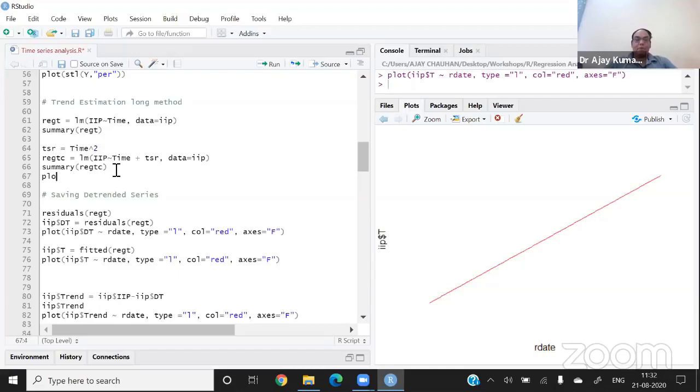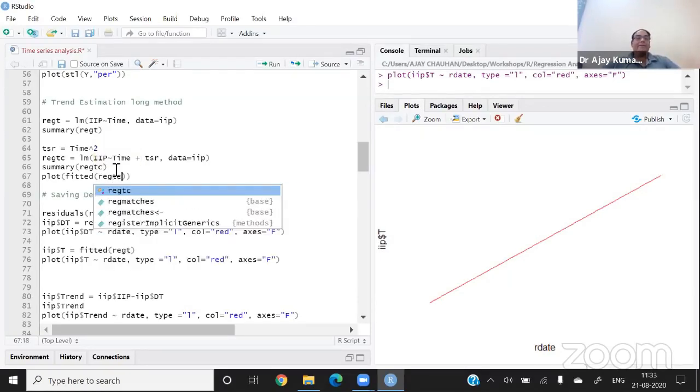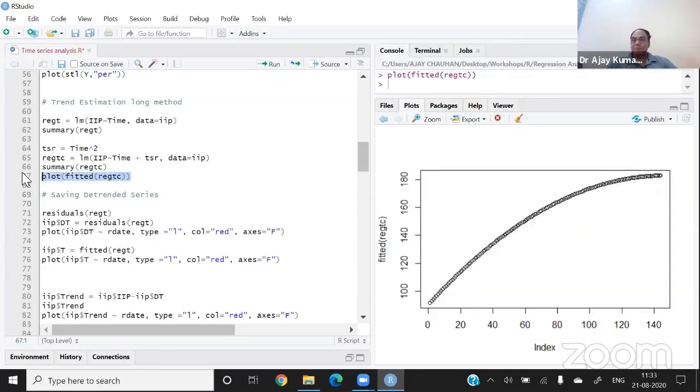I'm plotting the fitted values of the regression model REG and TC. If I run this command, I can see the curvilinear trend. Yes, you can see that this is the curvilinear trend we have in the data set. I hope you understand what the curvilinear trend is, what the linear trend is, and how to remove the trend from the series.